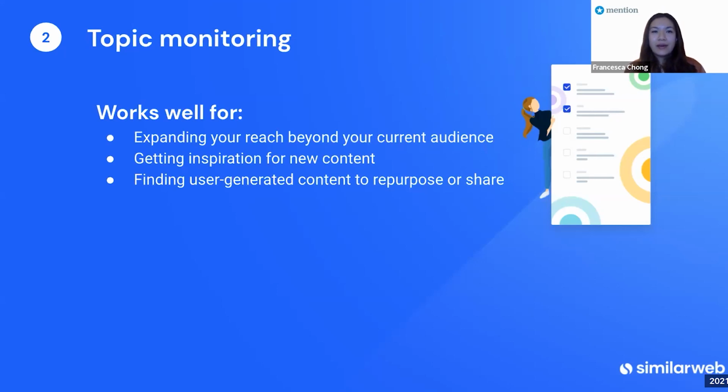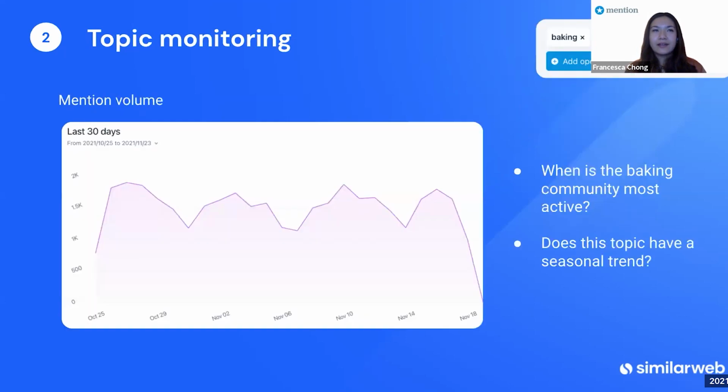On the next slide, we see we are actually tracking the conversation around baking. Perhaps it would be that people who are interested in Skittles are also interested in baking. So this is an audience area that we want to monitor, we want to see more of. During this analysis, we're looking at the mention volume of people talking about baking, specifically baking cakes. We can see the frequency with which this topic is being talked about.